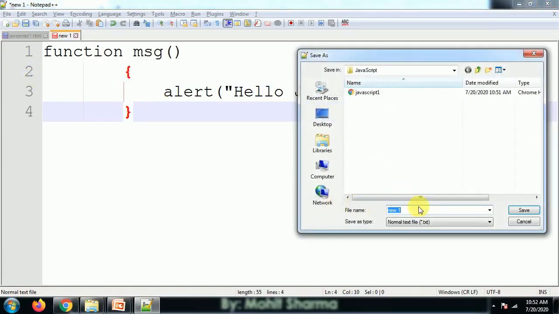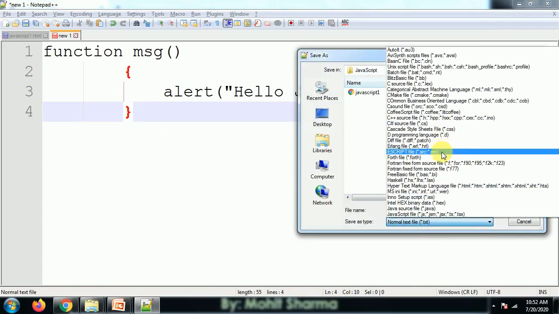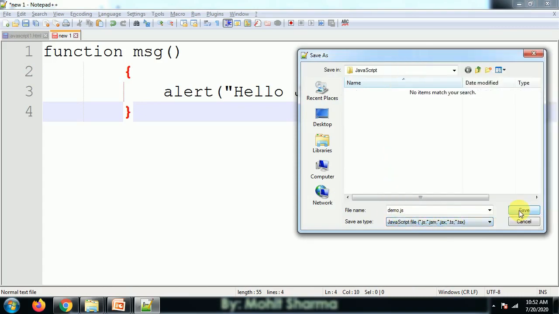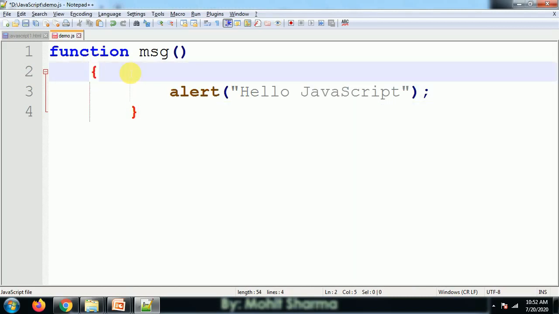I save the file with the name demo.js. The extension must be JavaScript. I am using Notepad++, that's why it shows me the extensions also. So for JavaScript files, I save this file. Now the file is saved.